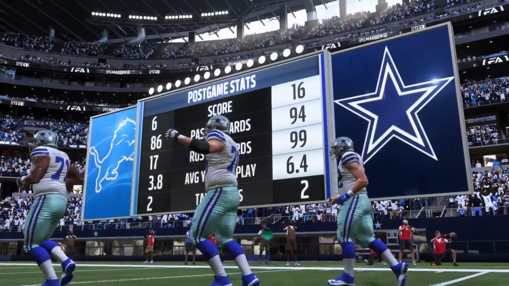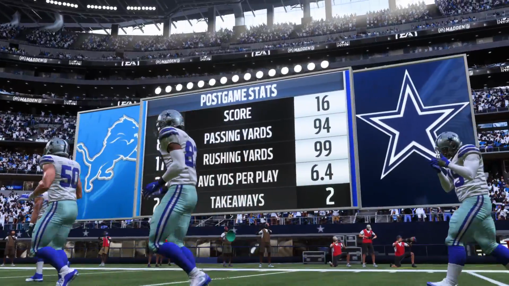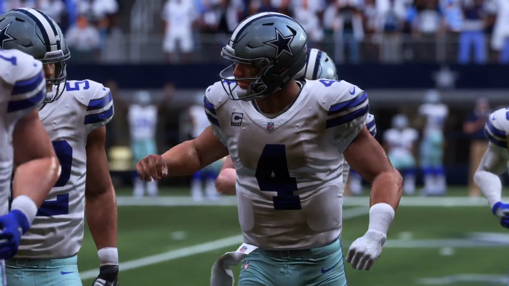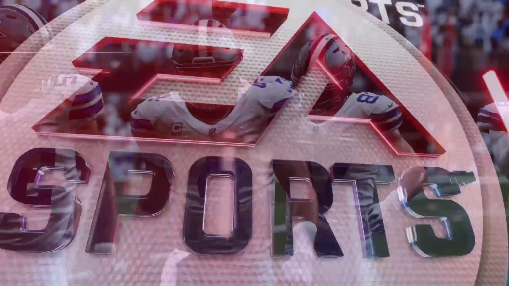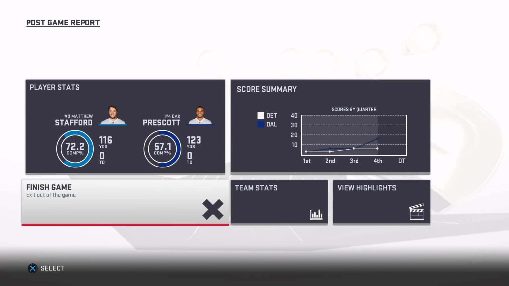So for Dallas, they're on a nice early roll as they move to 3-1 with a win here. And they'll hit the road next week to take on the Houston Texans. Meanwhile, for Detroit, they'll drop down to 1-3. And they'll have a tough one at home next week against the Green Bay Packers. And for Charles...